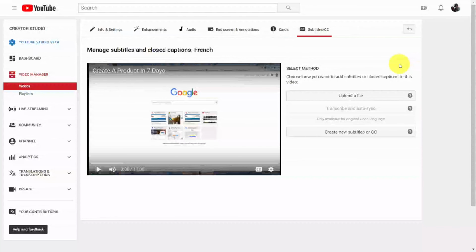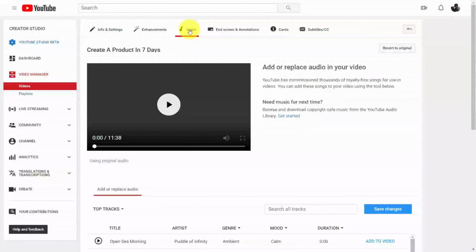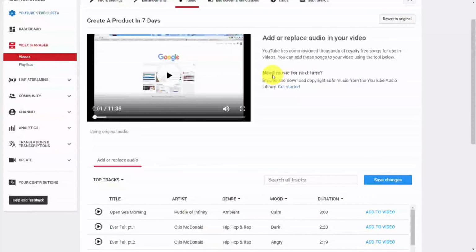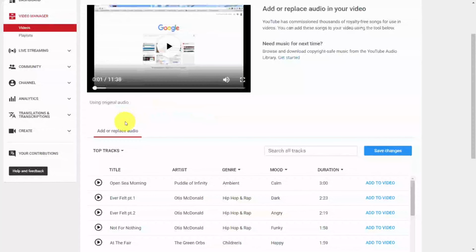Welcome back. Now, depending on what your live stream is and what you're trying to do, another part of the post-production process may be to add music. You can do that inside of your video editing screen by going to the link that says audio. When you do that, you'll notice that you can add or replace audio inside of your video. Now, you're not going to be able to add anything from your personal computer to your existing video, but you will be able to add music that is already available on YouTube